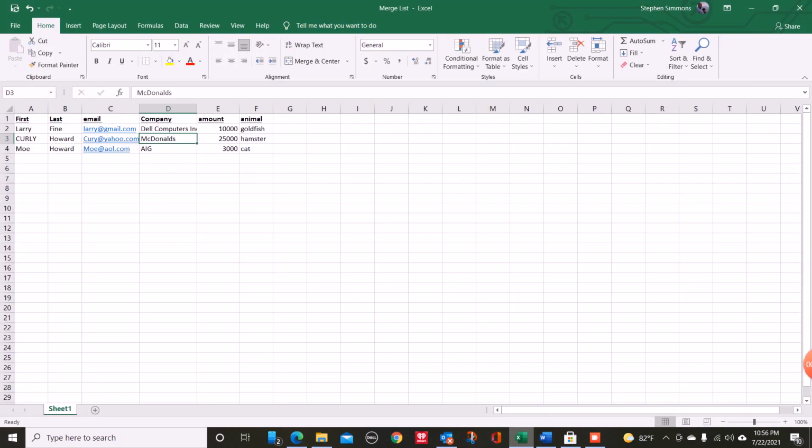Start in Excel. This is where you're going to create a spreadsheet that has all the information that you're going to use in the merge. So that could be the name, for "Hello so-and-so." You can personalize it with a company name, or with other information. It's also very important that you have their email address. You want to make sure that the email is in there, lined up. You do all this, you save the file. Remember where you saved it, because next you're going to go